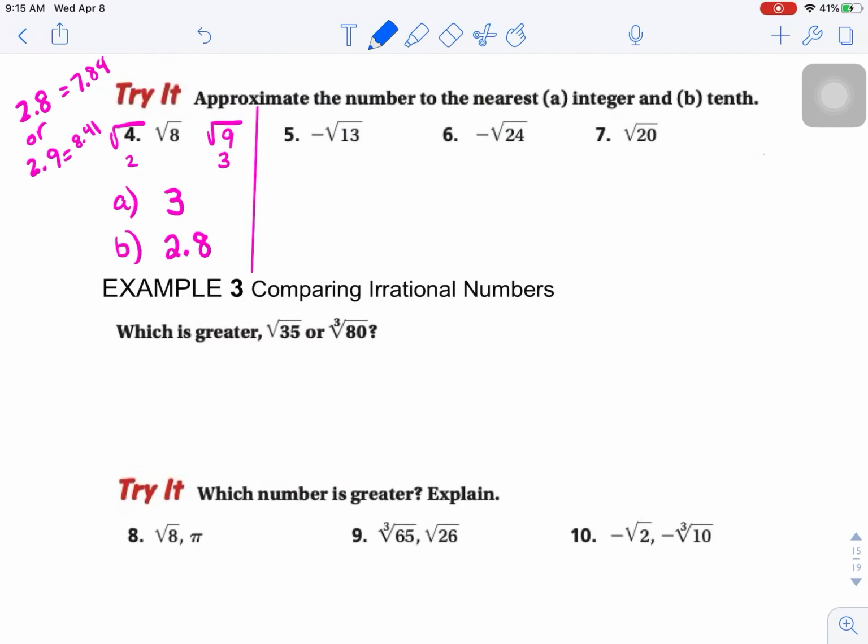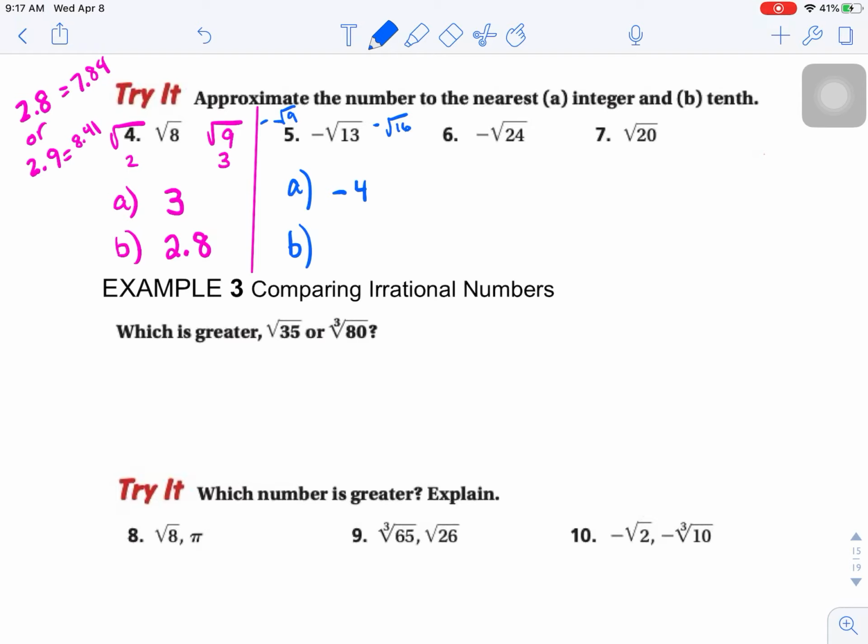So if I'm looking at the negative square root of 13, that's between the square root of 9 and the square root of 16, which means it's a little bit closer to negative 4. And then if I looked at my decimal, it's kind of in the middle, but a little bit closer to negative 4. So I would probably want to look at decimals like negative 3.5, negative 3.6, something like that. And if we tried those out,